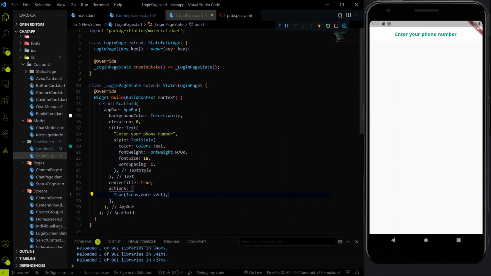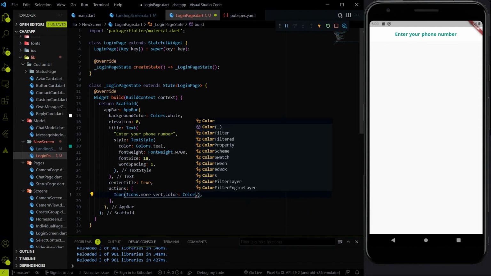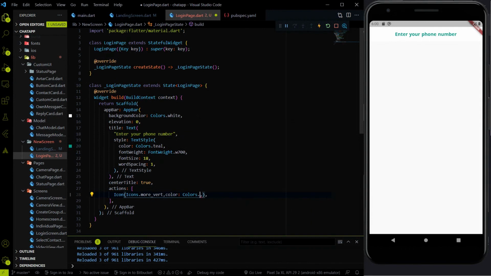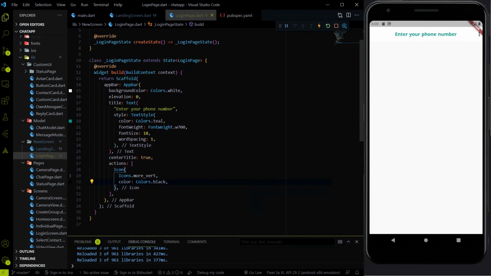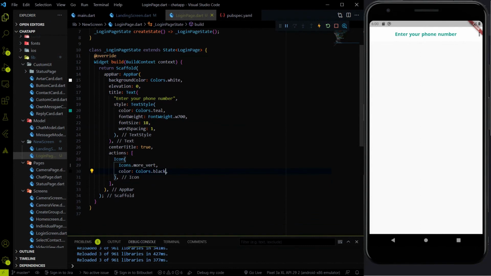So the icon is added. Let me provide the color of it, Colors.black. So it will not act like a pop-up menu button. That part of code you have to add on your own. You can find the link of that video, where I added the pop-up menu button. So after doing that,